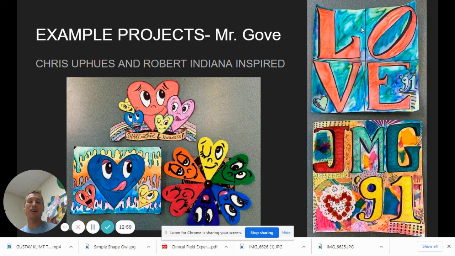and I also used marker and water here, so I blended some cool colors in the background and with marker, and then just used a wet paintbrush to go over top, turn it into paint. Same thing over here, but I did collage some buttons and stuff too to make a heart a la Robert Indiana. So I told you this was going to be fast.